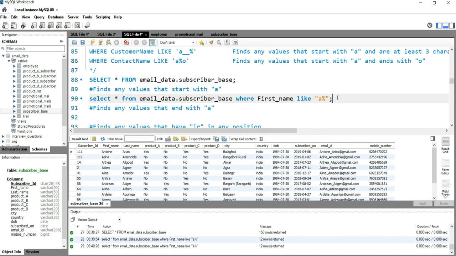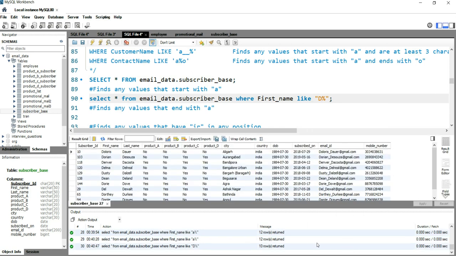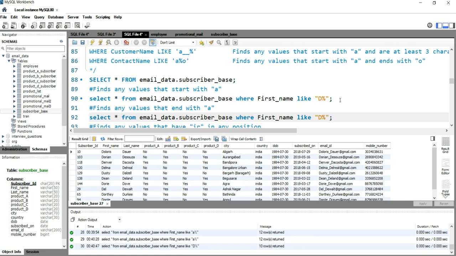Now suppose there is a scenario where you want the value to end with something. Instead of using A, let's put D. When I run this query, I got 10 records where the first name starts with D. The same thing we'll do for ends with, when the name ends with D. Instead of putting the percentage at the last, we'll put the percentage at the starting.